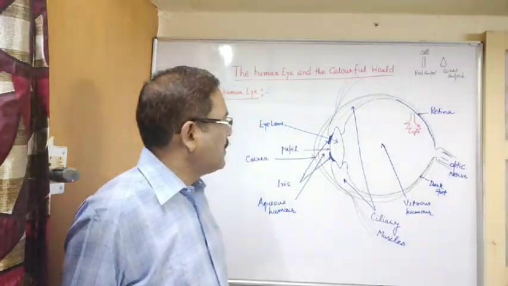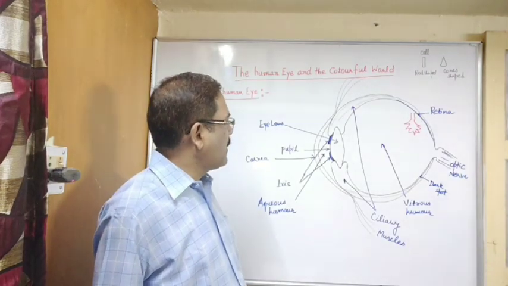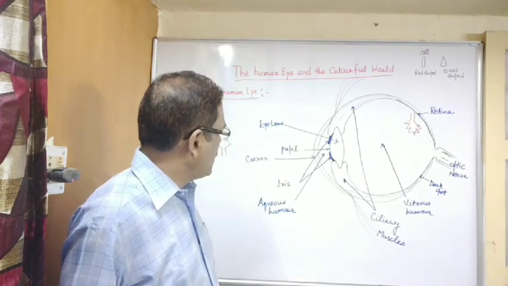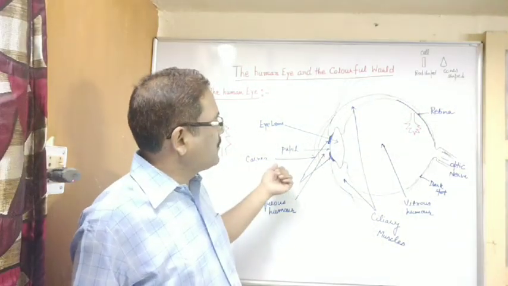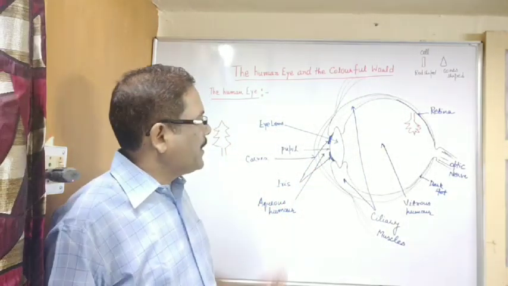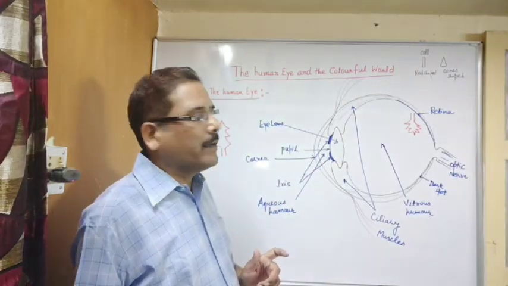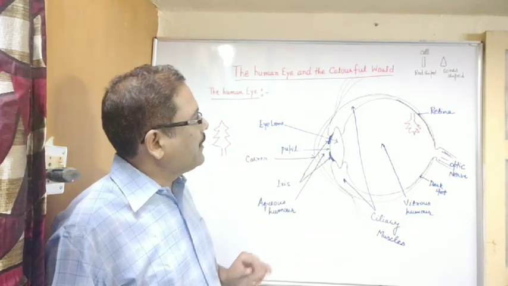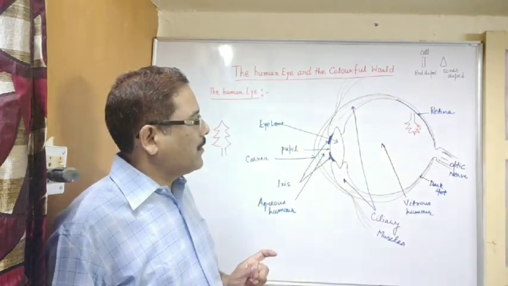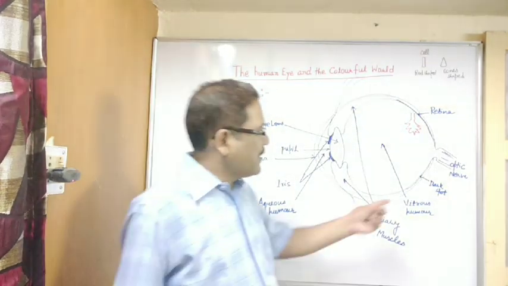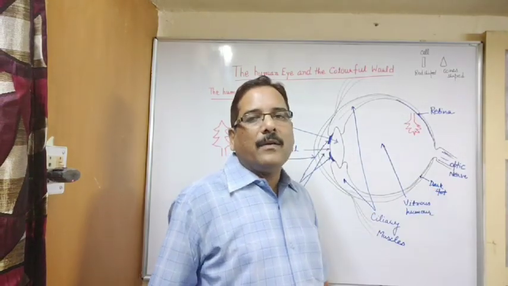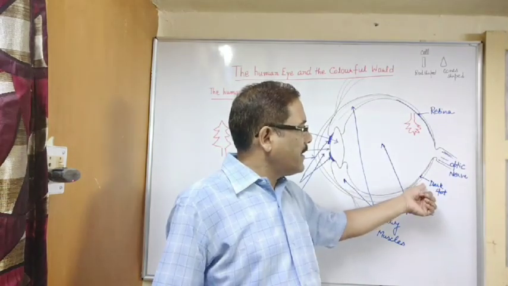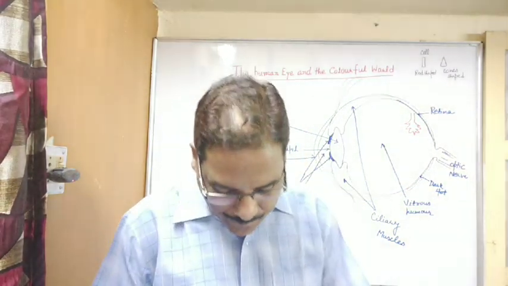But you must remember the functions of various parts. For example, the ciliary muscles are very important. The pupil, cornea. Cornea is the part through which light enters our eyes. Pupil controls the amount of light entering our eyes. Then the function of the retina and the function of the optic nerve. And there is a dark spot under here. If an image is formed here, we are not able to see. That's why its name is dark spot.